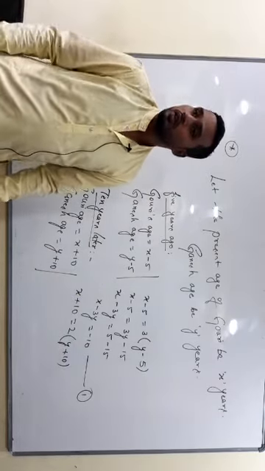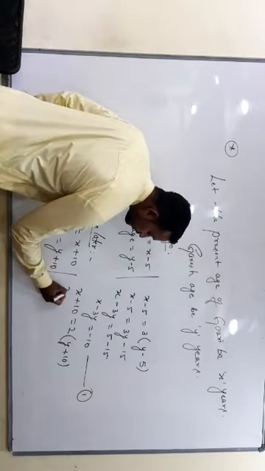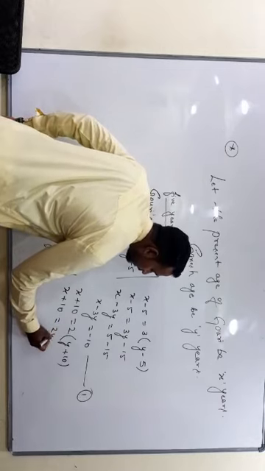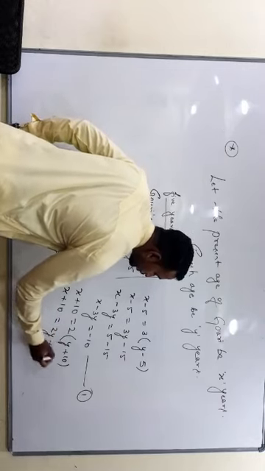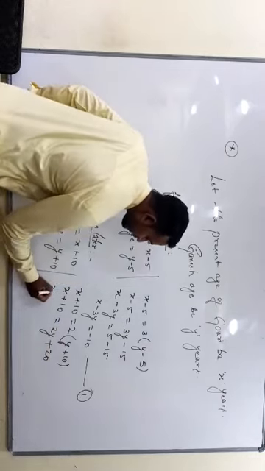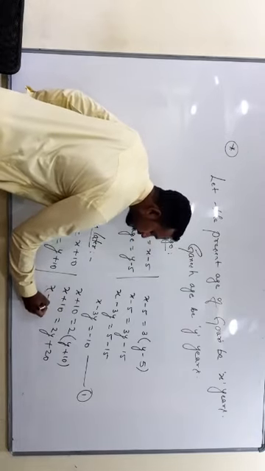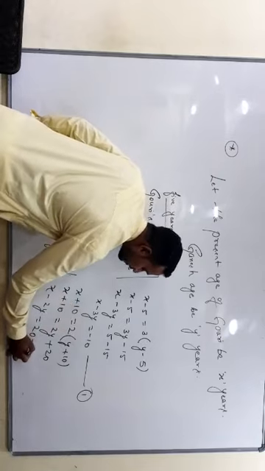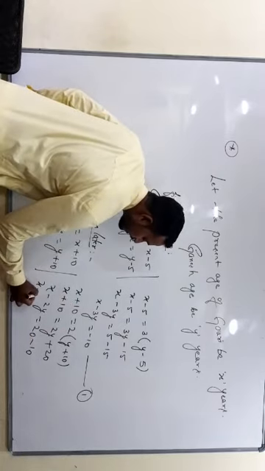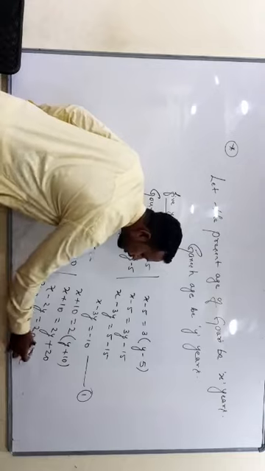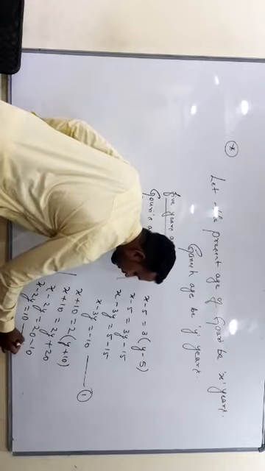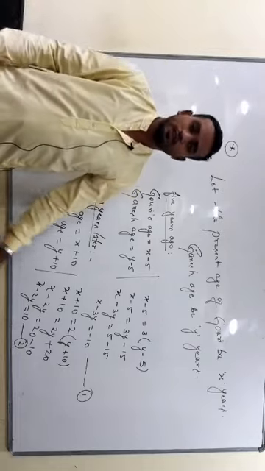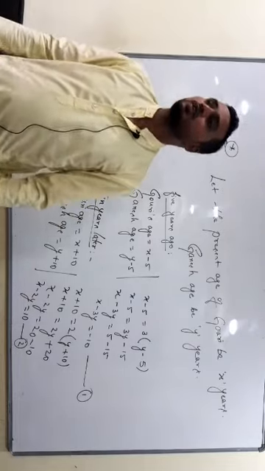Any doubts? Now shall we solve this equation? That is x plus 10 is equal to 2 into y, 2y, plus into plus, 2 tens are 20. Then x as it is, plus 2y comes this side, minus 2y is equal to 20, plus 10 goes that side, minus 10. Then x minus 2y is equal to 20 minus 10, which is plus 10. Let me call this equation 2.